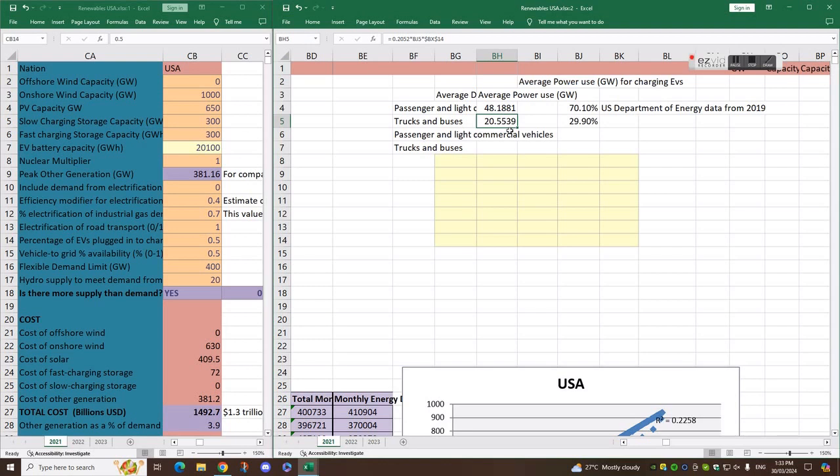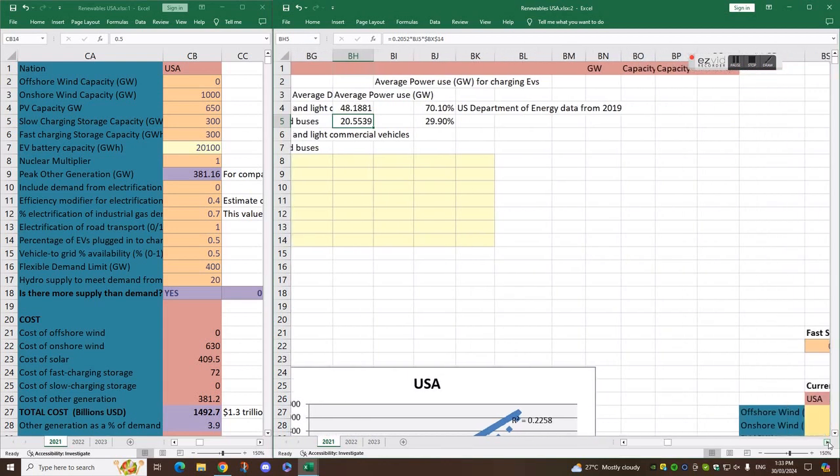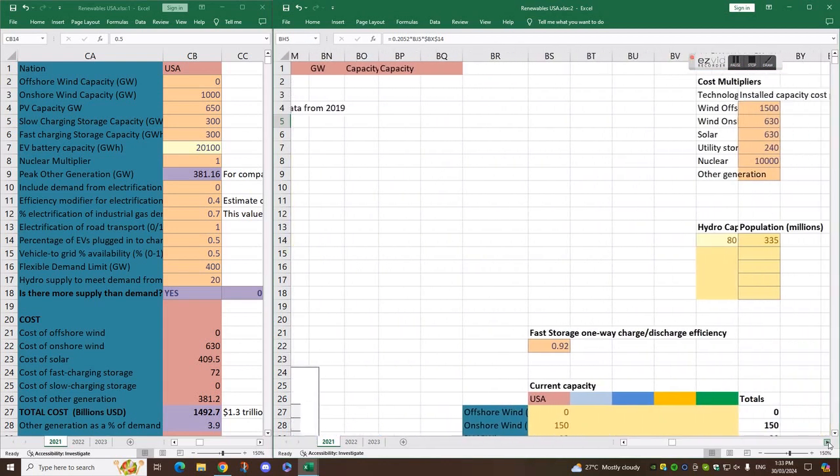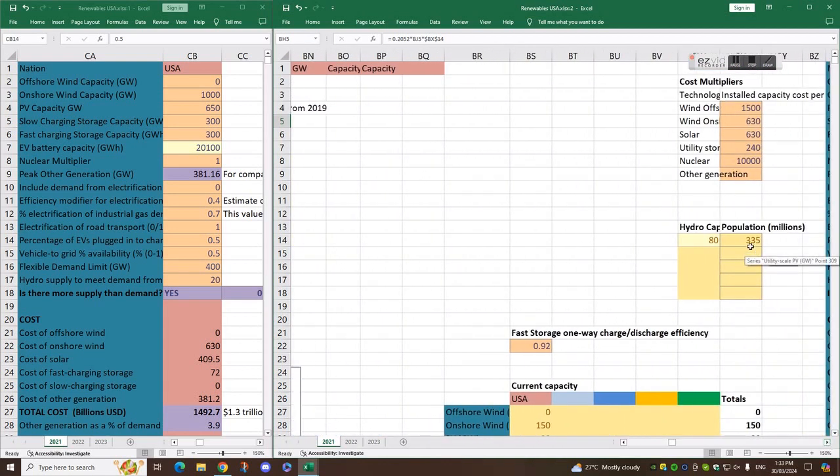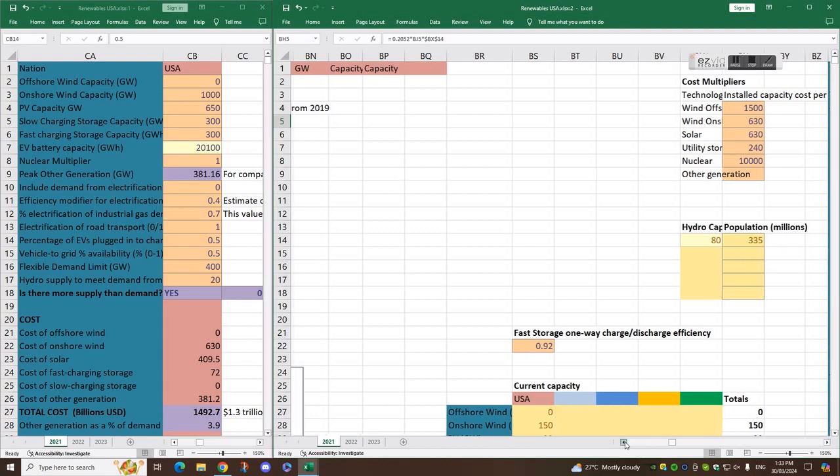How I calculated those, apart from using the US Department of Energy figures, I said that the number of vehicles of all types will be 75% of whatever the population is. So the US, I think it was 2022 census, the population was 335 million. Might be in 2020, I'm not sure of the year. So I said the number of vehicles will be 75% of that. And